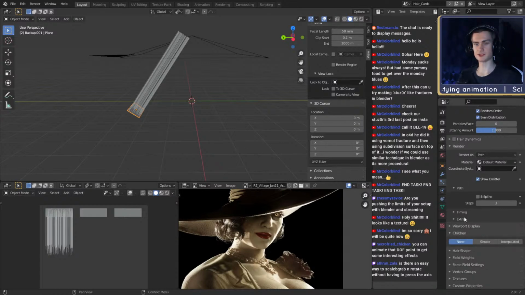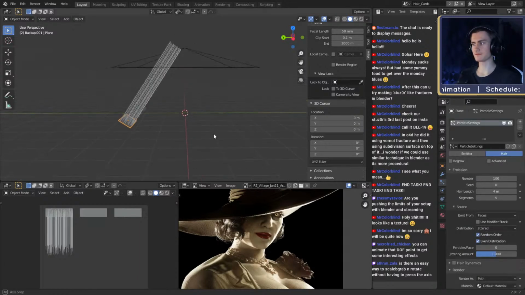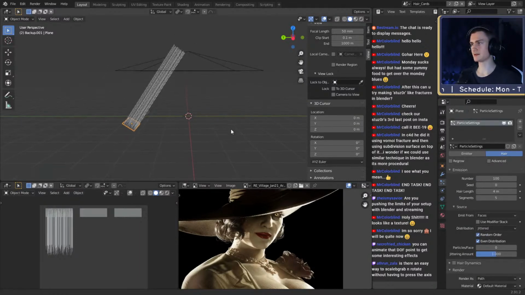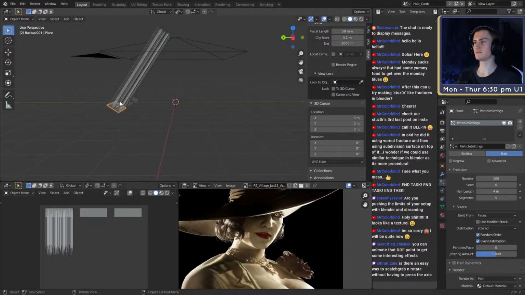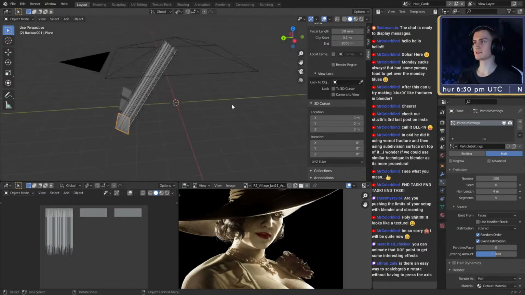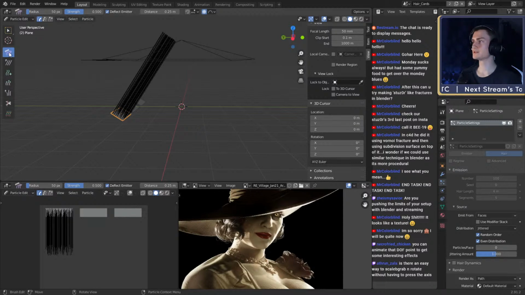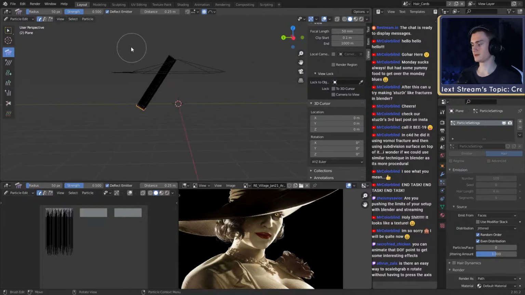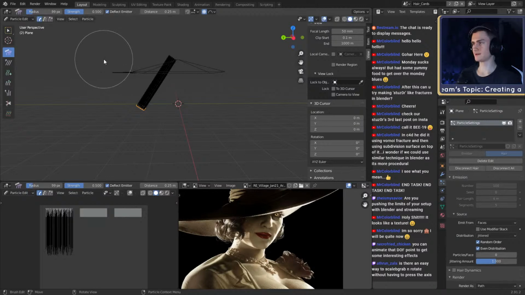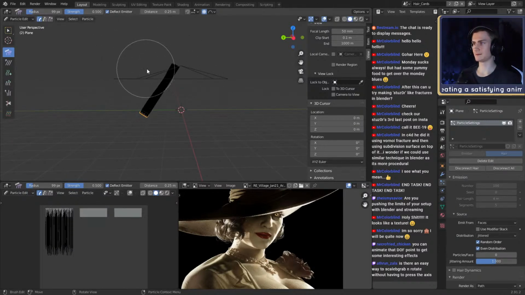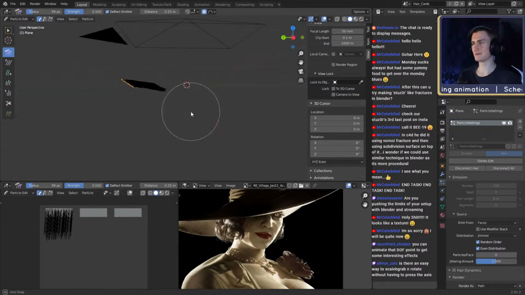We need children, but I think the first thing we should adjust is the layout. What we want to have is these hairs should be flat, like on the y-axis basically. So we switch to the particle edit, use the brush tool, and then we can brush the hair down. I don't know why they get shorter. I'm not quite sure why they do that. So they're quite short now, but we can adjust that in just a second.